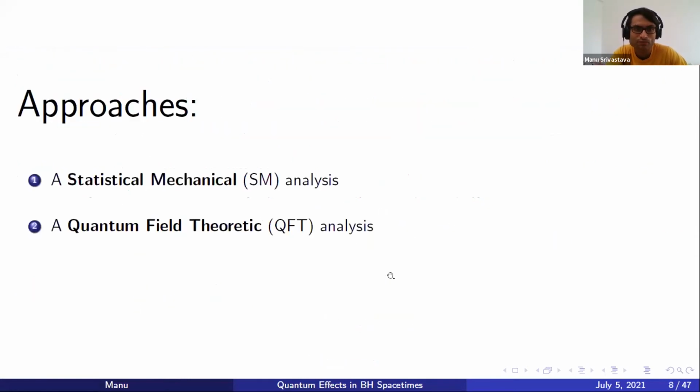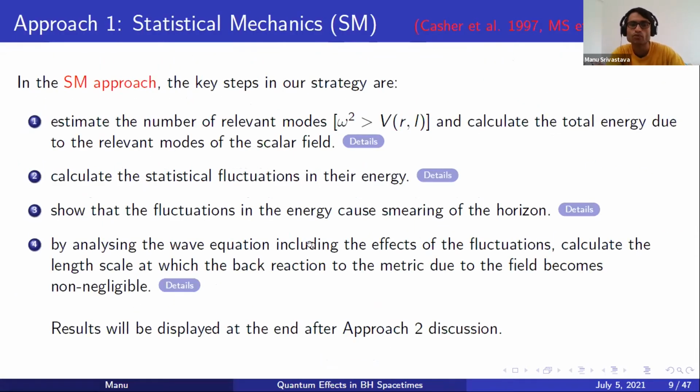So in step 4, we compare these two wave equations. We compare the corresponding coefficients, and in the region where the coefficients of the two wave equations are very similar, we conclude that there are no significant effects of the quantum fields, and therefore in that region the effects are negligible. But we do find some region very close to the black hole where the coefficients differ significantly, and that region helps us fix the width of the strong interaction region, or the region at which the back reaction of the quantum fields becomes significant. So this is the flow of the statistical mechanics approach, and I'll display the result towards the end, after I discuss the QFT approach.